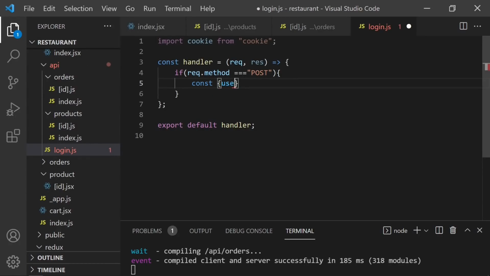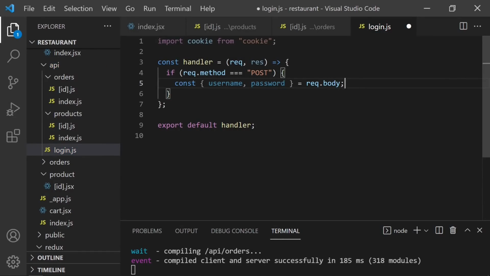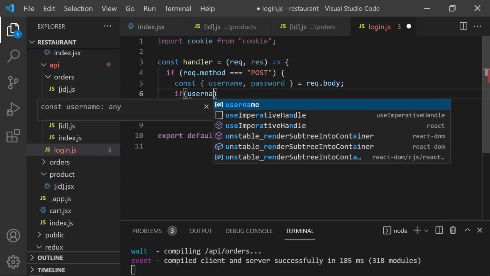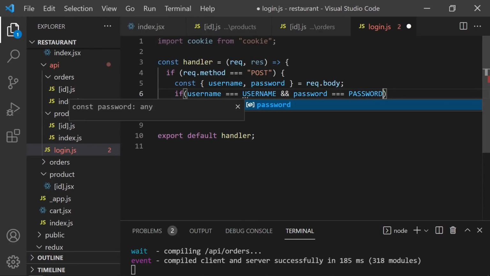I will say username and password is gonna come from user. And I'm gonna make the validation here. I will say if username equals username and password equals password, of course env, I forgot that,